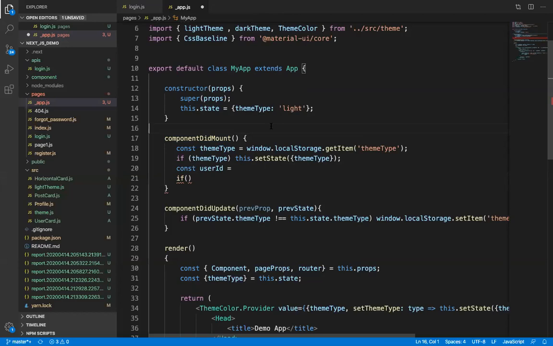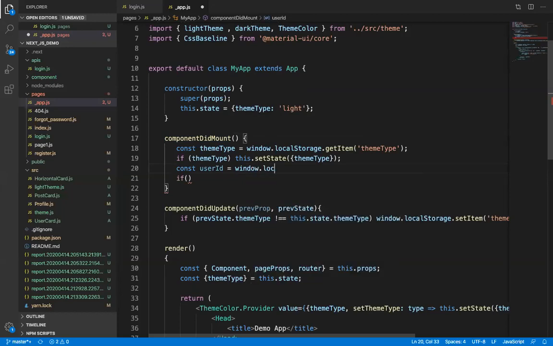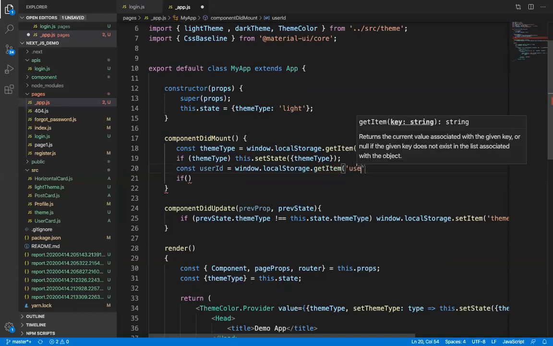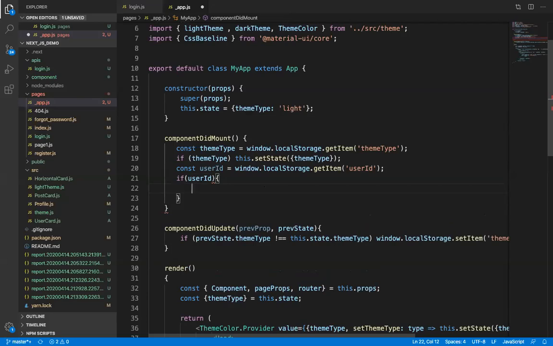user from the login page to the dashboard page. So what we'll do, we'll get the window.localStorage.getItem. Here we'll put our name of the local storage, that is the user ID. And if user ID exists, then what we will do is